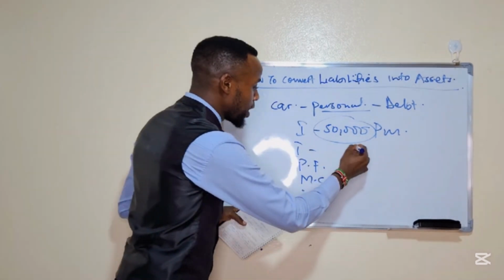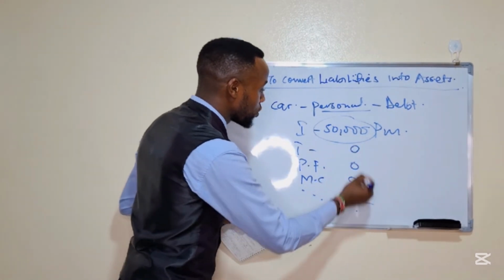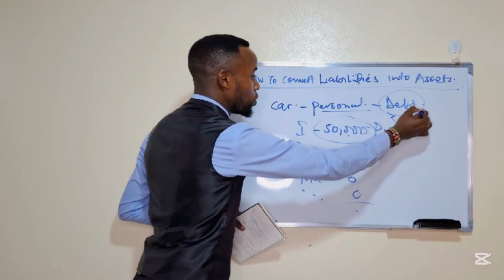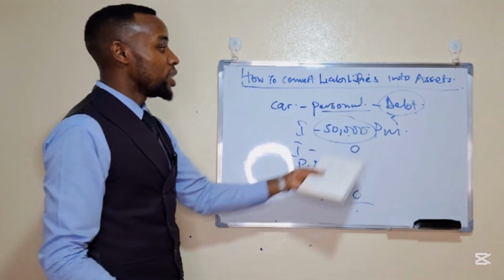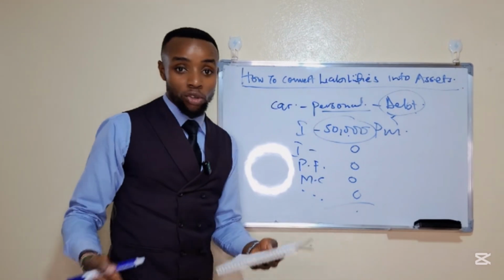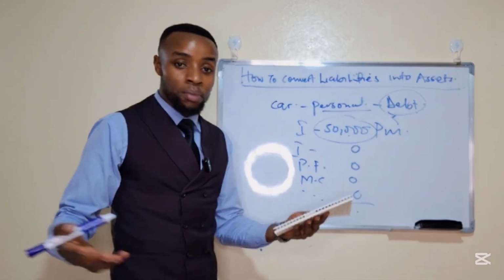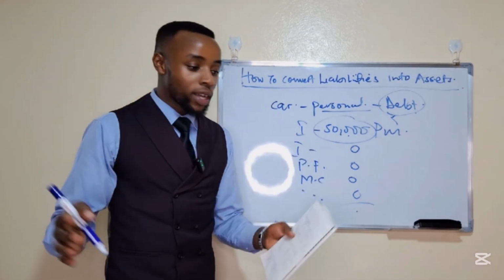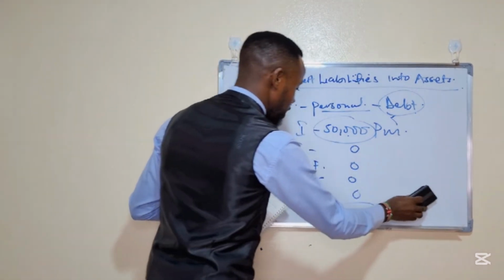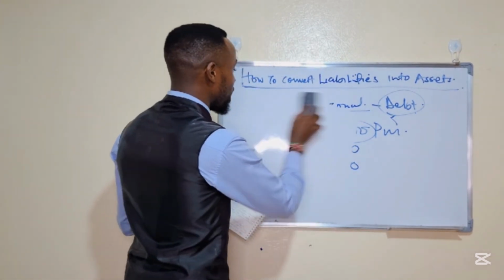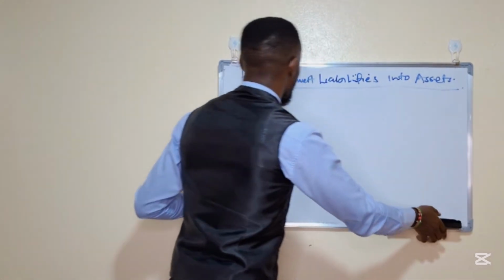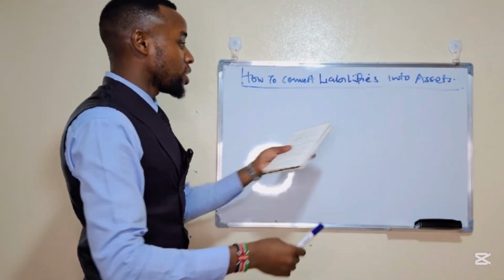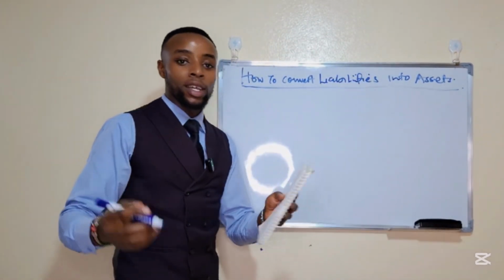Now, all this money that is coming out of your pocket because of one car that you took through what we call debt, how can you leverage or use this car to generate some income for you? You can put it on Uber, or you can give someone to do business with it, and of course you're going to get some income out of that. But ladies and gentlemen, that was just a simple scenario so that I can explain how a conversion of liabilities into assets normally works.